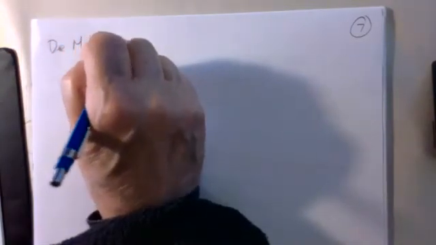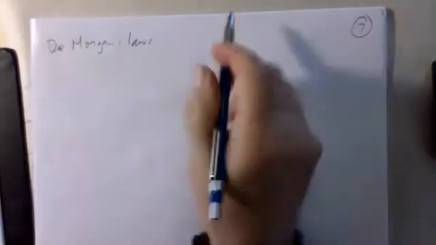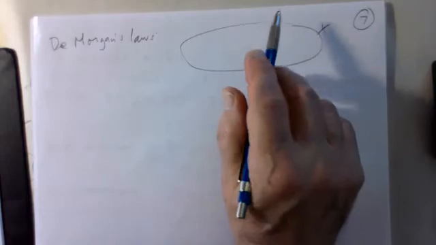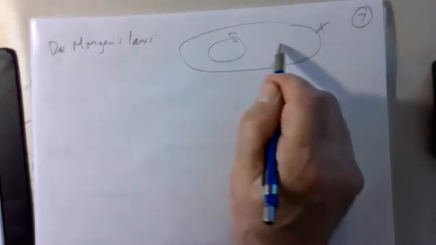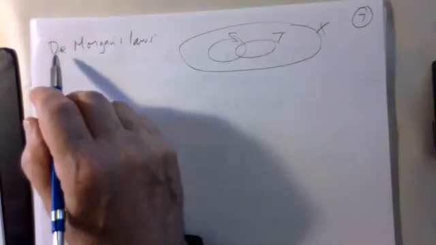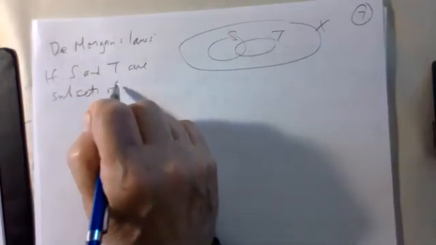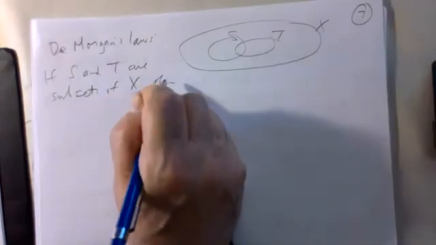There's one more property of sets which is important. It goes back hundreds of years. These are called De Morgan's laws. So the picture is you have some big set X, and sitting inside of X, you have sets S and T. So if S and T are subsets of a set X, then if we take S union T,